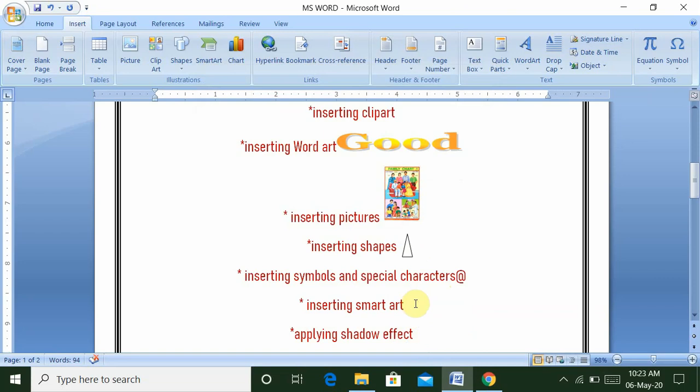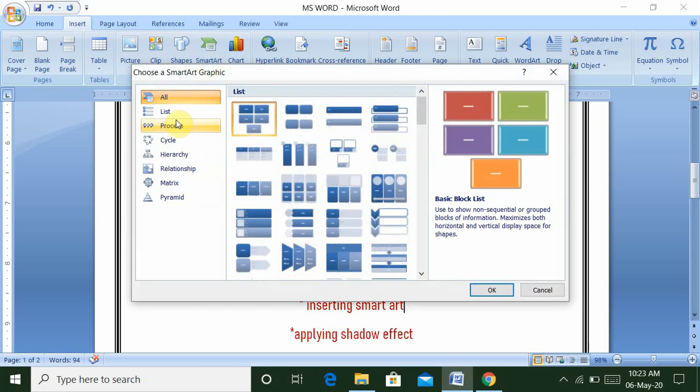This is also available in the insert tab. As you look, this is your insert smart art. This feature allows you to add various graphics to the documents. To add the smart art, follow the given steps.